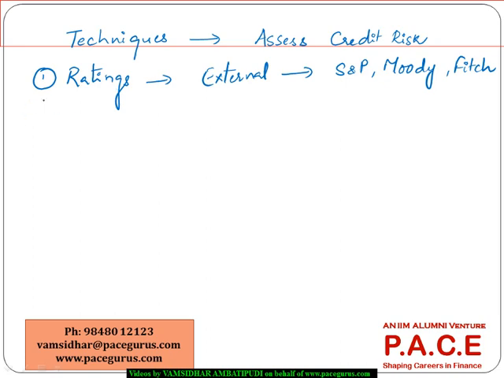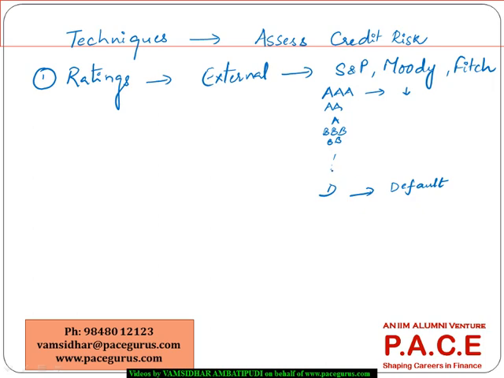A AAA rating means the defaults are very less, very little chance of default. So they may go from AAA to AA to A to triple B to double B like this, and so on. It may reach the letter D. The D is like a default category,